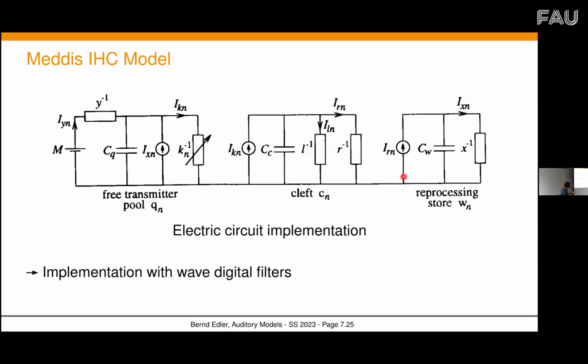And the reprocessing store then gets the transmitters which go here. They are then used as a current source to fill the reprocessing store in this capacitor, and then this would be again from the reprocessing store. This would then be the current which goes in, and the current here would then be added to the free transmitter pool here. So these dynamic processes are modeling the dynamics of this,